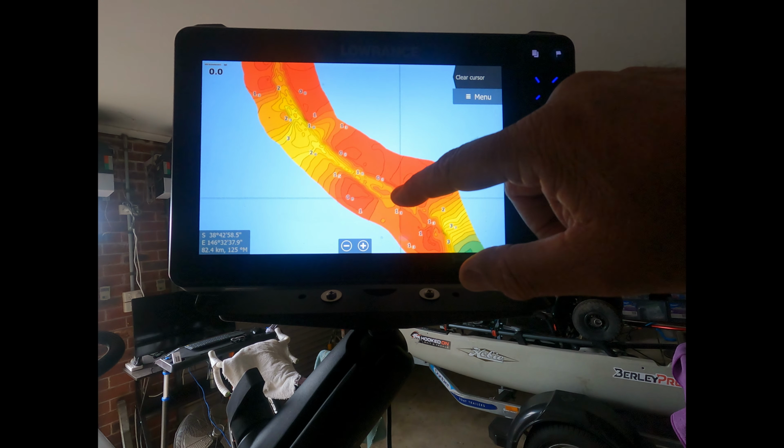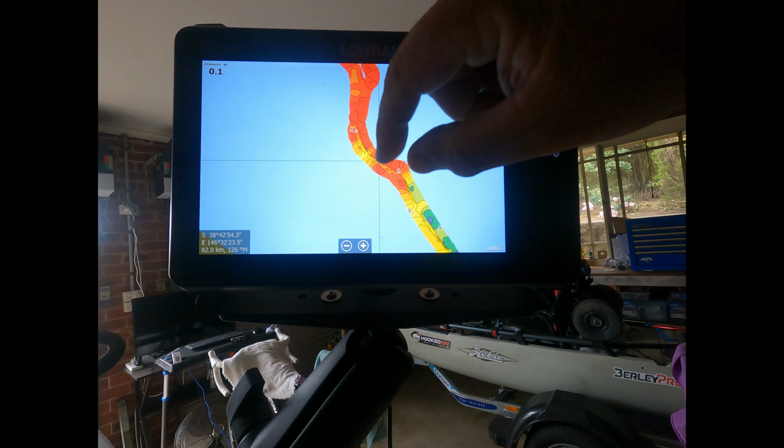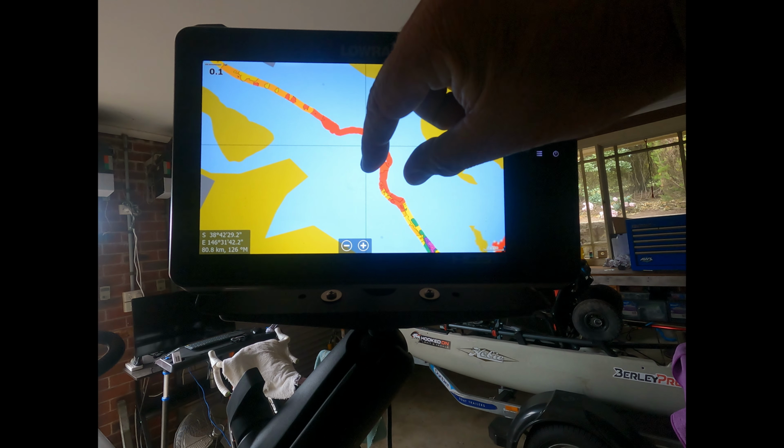Now, it probably wasn't the greatest example to use Corner Inlet, because Lowrance in their mapping put out very good Australian maps anyway in relation to it. But this demonstrates a social map that's actually been surveyed by an individual, and the detail that can actually be achieved. You can see a lot of, with the shading, the different depths,